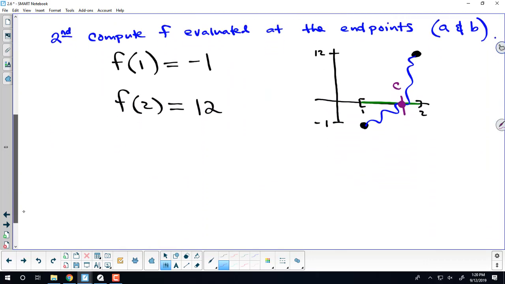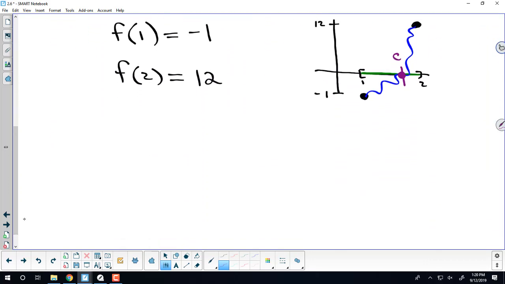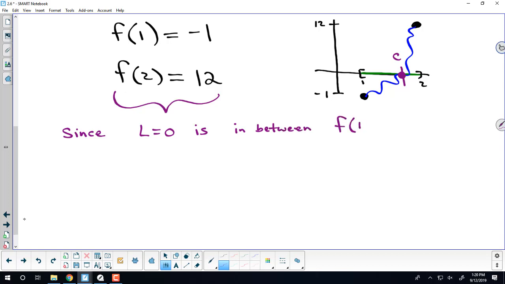Yeah, right. But so, in one way this theorem is just a check. Does a solution exist? Yeah, a solution actually exists because what we'll say here is since L, which was 0, is in between f of 1, which was negative 1, and f of 2, which was 12. Since 0 is in between f of 1 and f of 2,